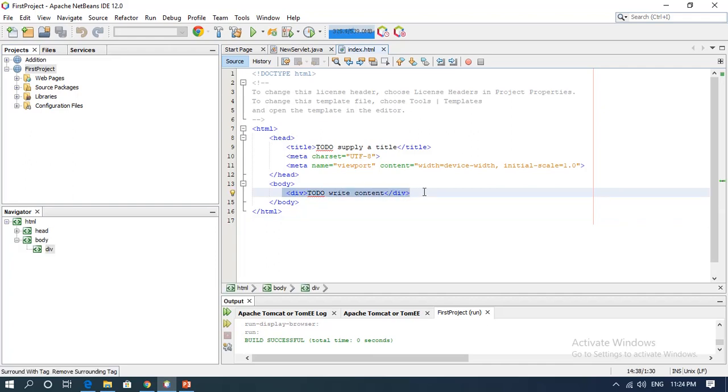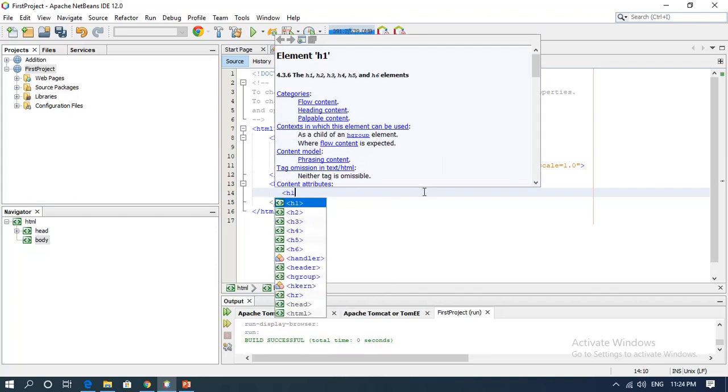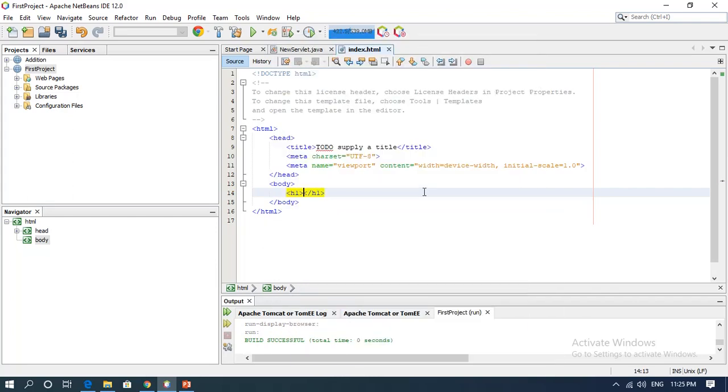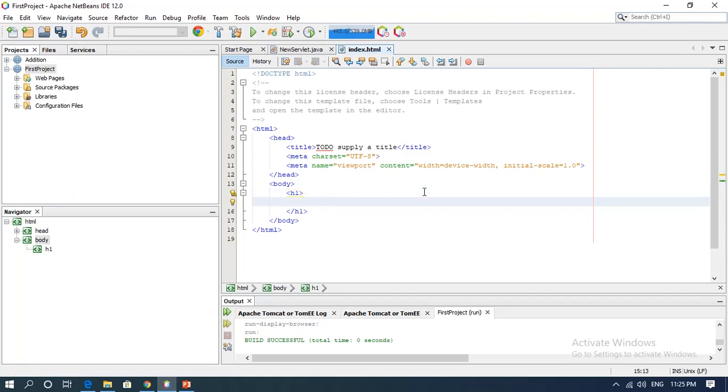If I want to print something else on my browser, I'll take H1. In this tag, I'll write, this is my first project created on NetBeans. Is that okay? This is what I have done.